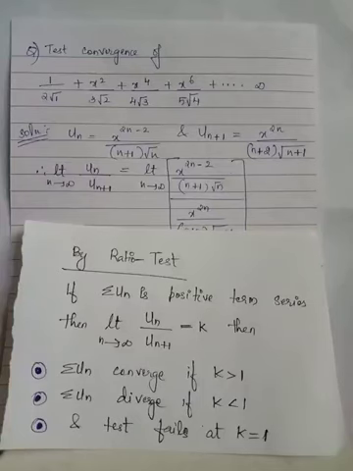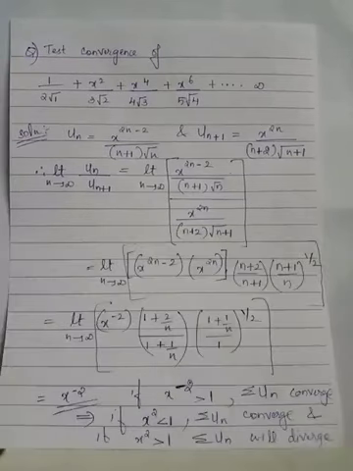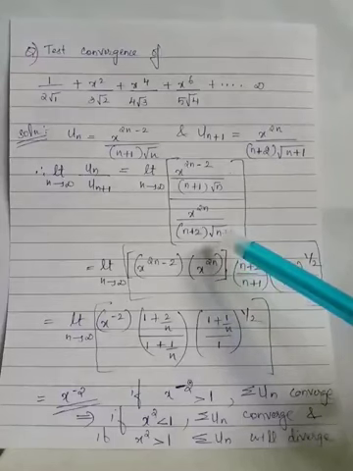When we apply the limit to un by un plus 1, if we obtain a value greater than 1, we will conclude that the given series is convergent. If we obtain a value less than 1, then we will conclude that the given series is divergent. So as to apply the ratio test, we evaluate limit n tends to infinity un by un plus 1. We write the expressions of un and un plus 1. We can group